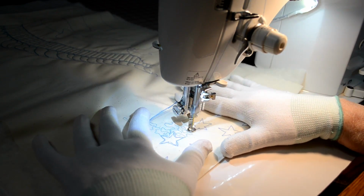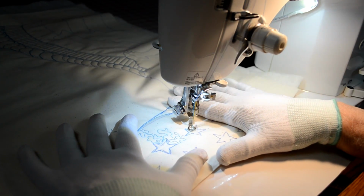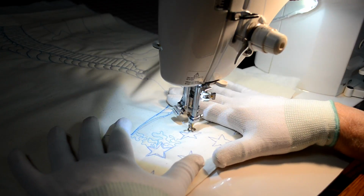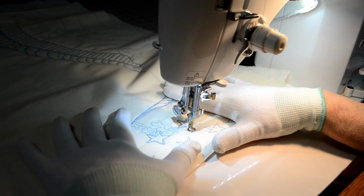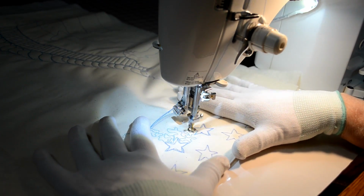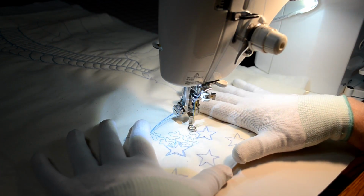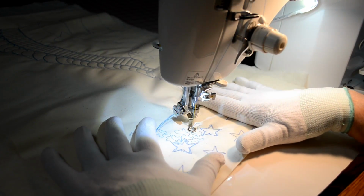And again, I can outline the star. Now when I did mine, I outlined it like I'm doing now when I was using the white thread. And then I went back, actually,